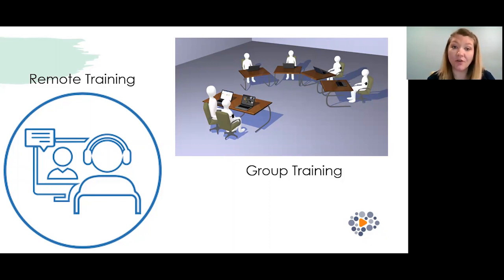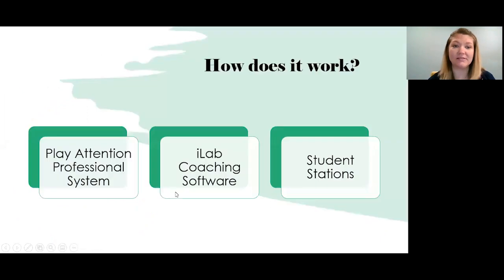Additionally, iLab also offers you group training. Now, obviously right now that is not something that we're utilizing because we are practicing that social distancing. However, once this is over and we're back into our day-to-day normal activity, you can use that same iLab program now to see multiple clients at one time. Therefore, in that 1 hour of time, maybe you can see 2, 3, 4 clients as opposed to one. So with that iLab program, you get both of these options. You get the remote training as well as the group training. So that's number one. That is what iLab is.